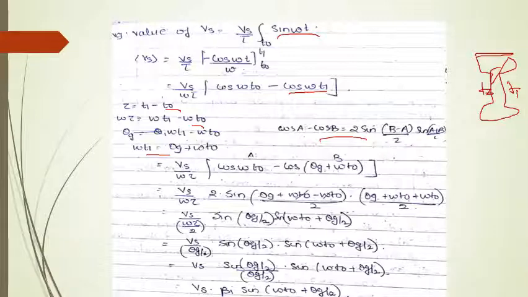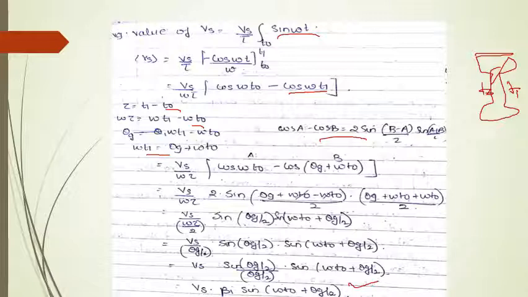Please substitute the equations, and on solving the equations in this way, these are all mathematical equations. I have solved it for you. It is not given clearly in the reference book. So I have solved it, and finally you get the equation as Vs is beta I sine omega t naught plus theta g by 2.